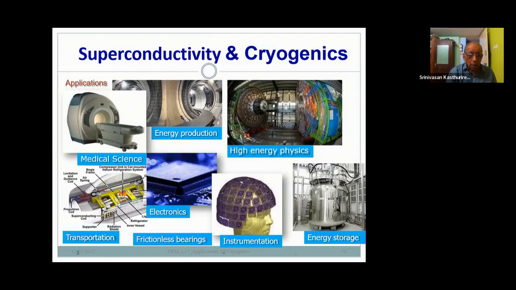Like, for example, you have medical science. The picture shows you, for example, the MRI magnet. And then you can use it for production of energy. High energy physics uses this system. Also transportation, maglev, magnetic levitation, and electronics, for example, frictionless bearings, and the instrumentation areas require